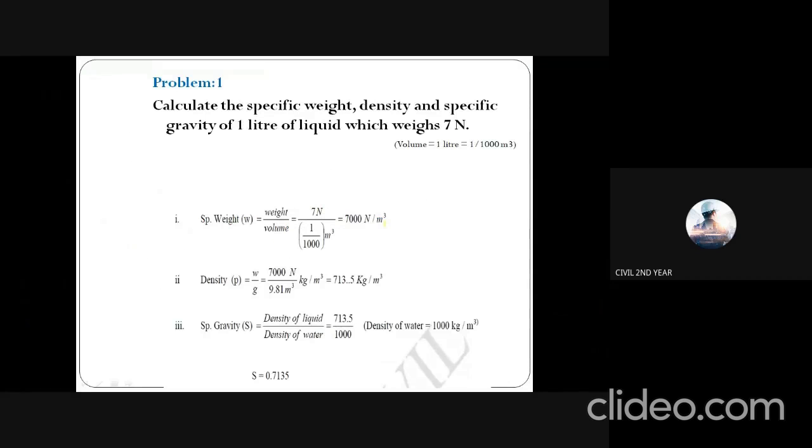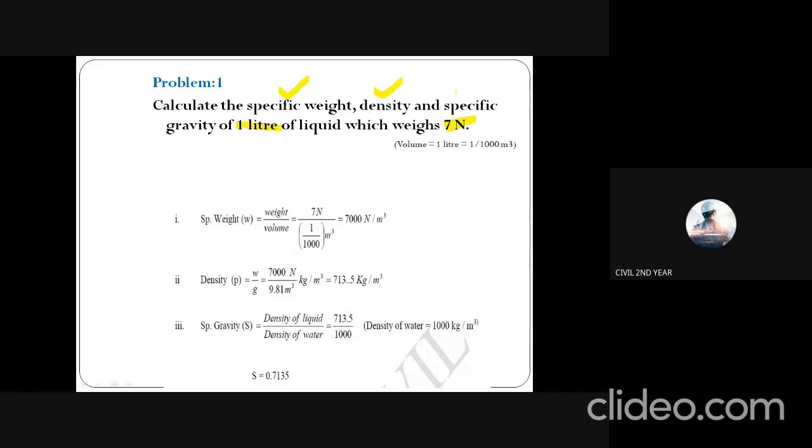Let's see an important problem which is frequently asked in GATE preparation exams. They ask to calculate the specific weight, density and specific gravity of 1 liter of liquid which weighs 7 Newton. They have given two data: 1 liter of liquid, and the weight, 7 Newton. They are asking for the parameters specific weight,